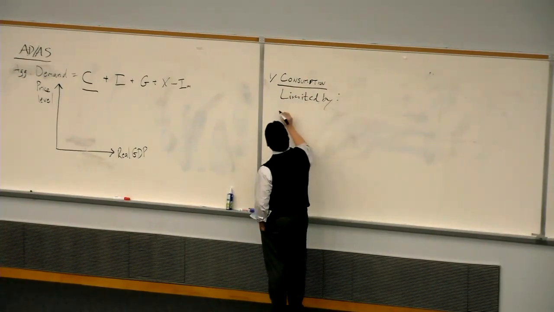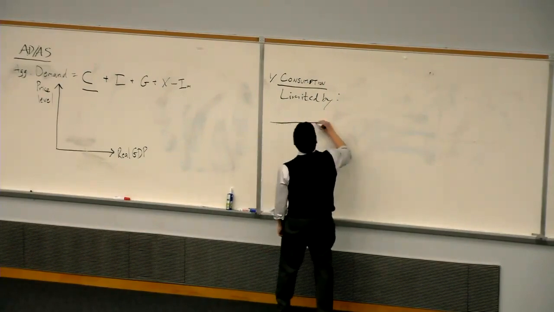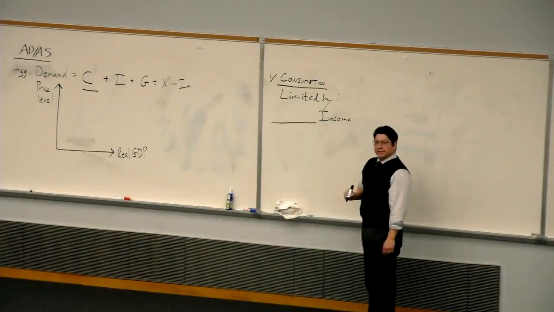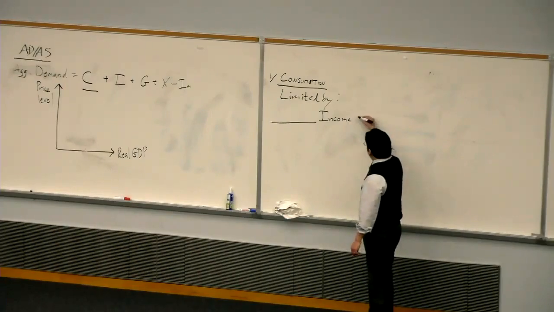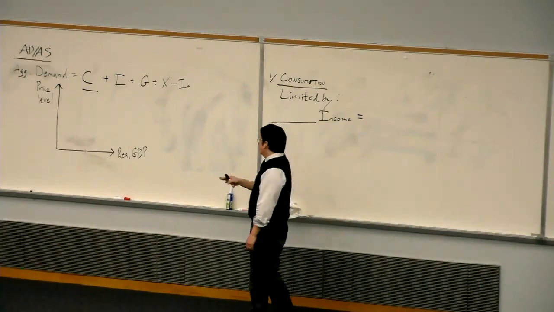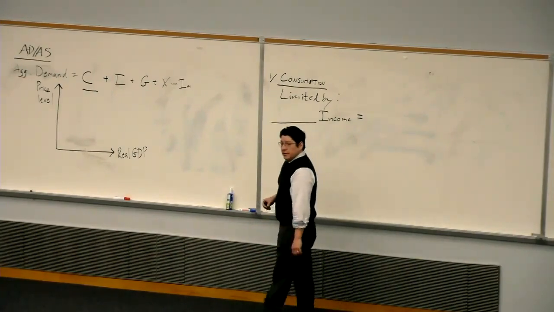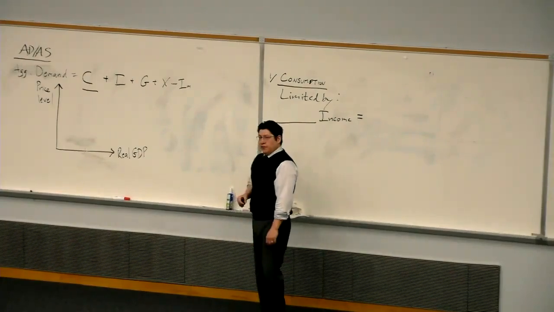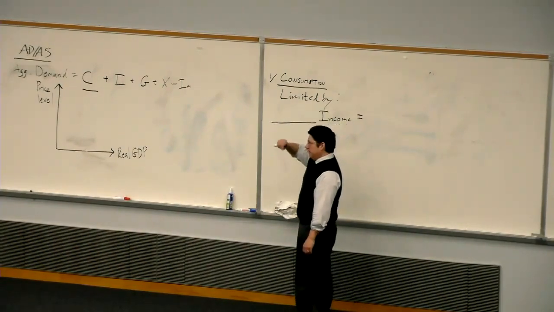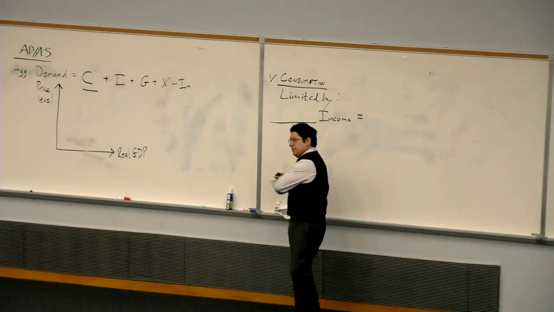So consumption is limited by, actually let me leave a space here before I leave a blank. I'm going to write income. Why did I leave a blank? Because in a broad brush sense, it's true that my income is a limitation on what I can purchase. But if we use a finer brush, strictly speaking, my income, i.e. what is written on my contract from GW that I'm getting paid every year, itself isn't actually the limitation, because